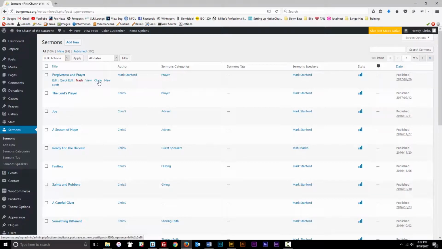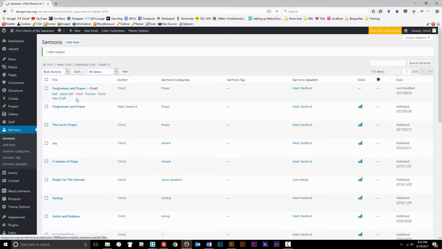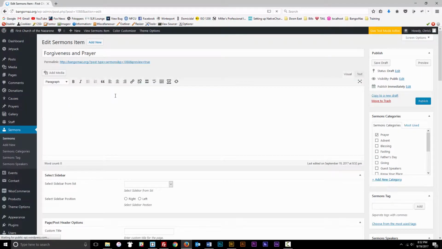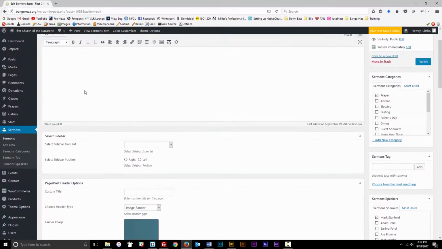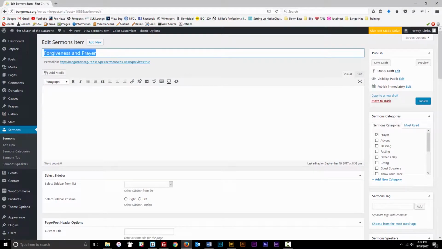And what it will do is, as soon as you click on that, it will take a few seconds and then create an exact copy. It'll set it to a draft so it's not live. And then that allows us to go into edit and we can change everything that's in there. So this is an exact duplicate. So all we have to do is go in there and change things like the title. I know this one's called